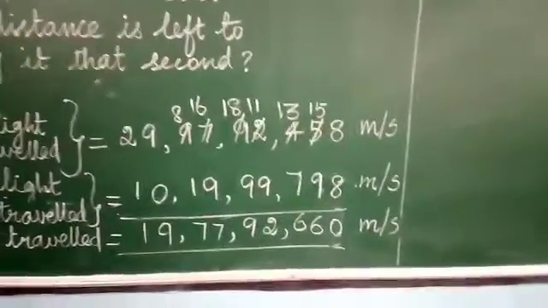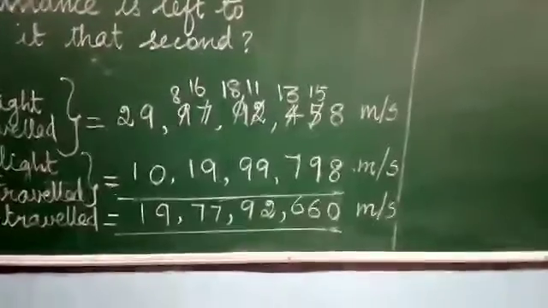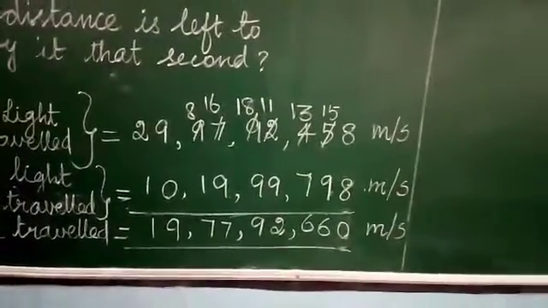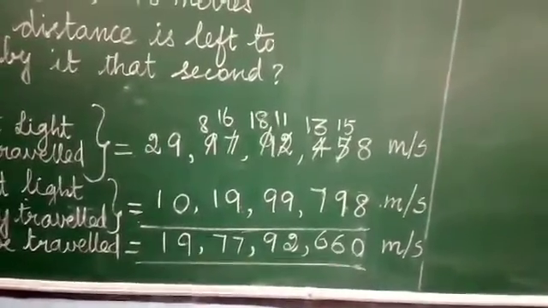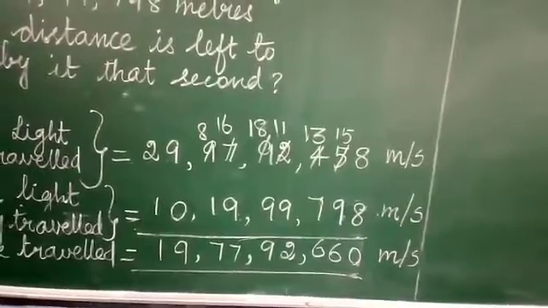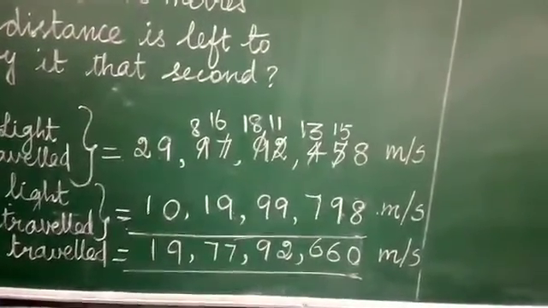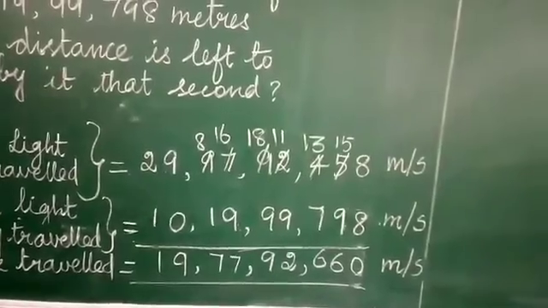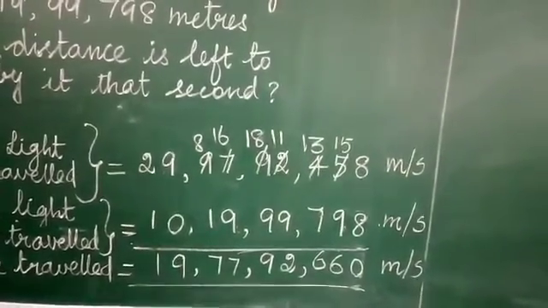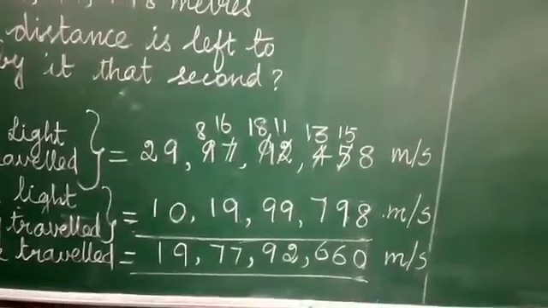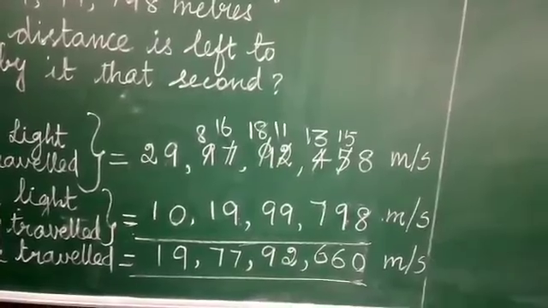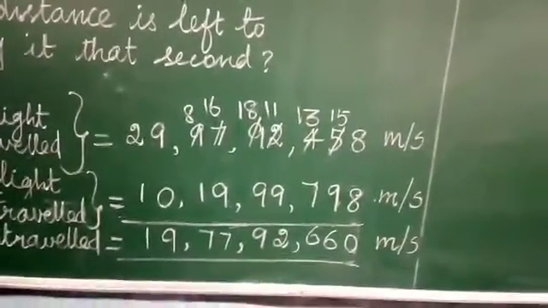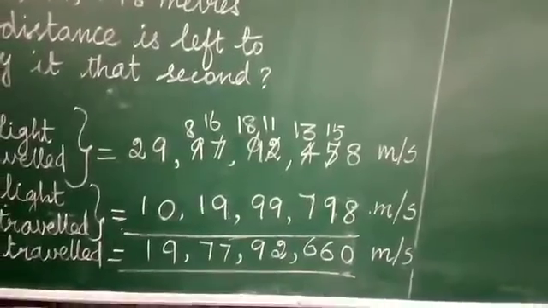Now how to subtract? First you arrange the numbers in proper order, and after that we start the subtraction from the ones place. See here, 8 minus 8 is 0. And next come to the tens place. 5 minus 9 we cannot subtract. So borrow from the 100 place. If I borrow, what we get? This 5 becomes 15. 15 minus 9 is 6. This 4 becomes 3. And again 4 minus 7 we couldn't subtract. So borrow from the 1000 place. What we have? 3 becomes 13. 13 minus 7 is 6.